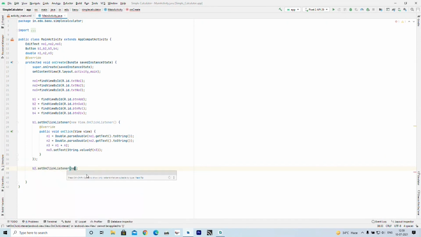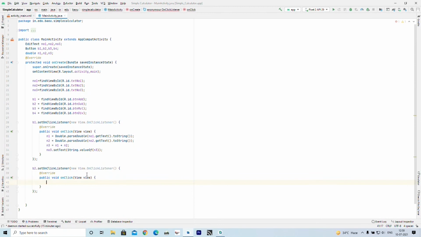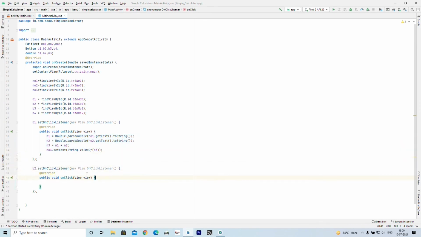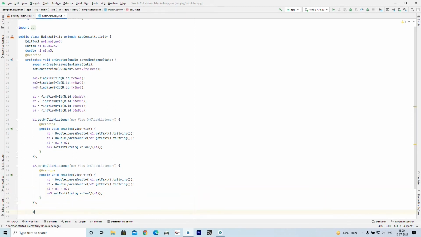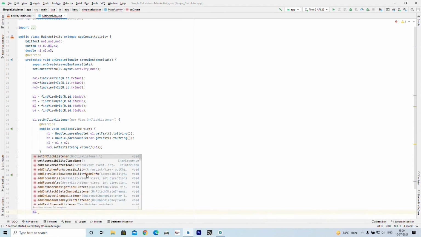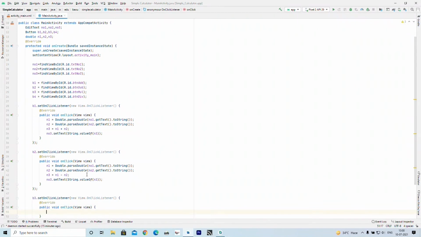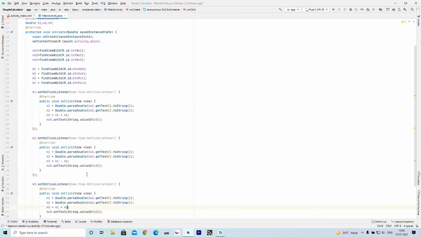So, likewise we want to implement subtraction, multiplication and division. I am following the same process. Now, I can copy this code because only the operation is changed and other things remain the same. So, here the operation is changed to minus, there is no other difference in coding. In B3, I want to perform multiplication.